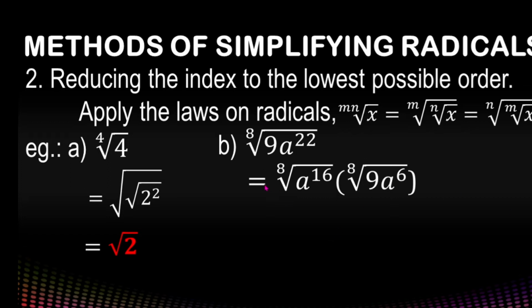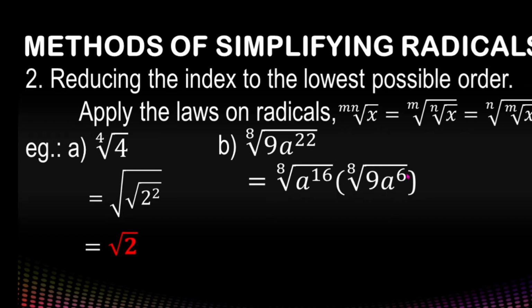As you can see, in the eighth root of a raised to 16, 8, which is our index, and 16 are multiples. So therefore, we can reduce this first radical expression, while the second factor or the second radical expression, the eighth root